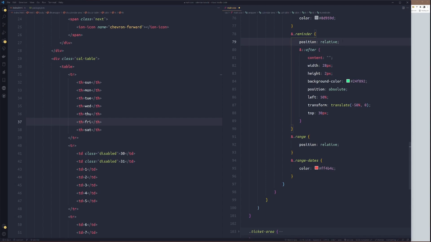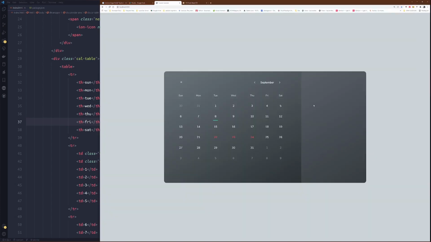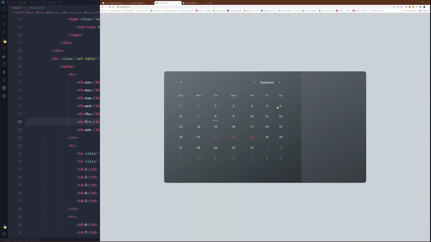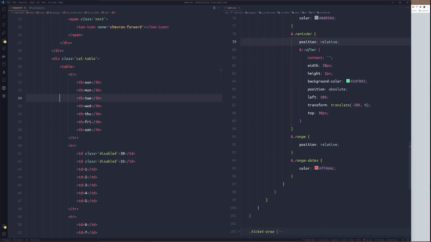Just imagine if I comment position relative out now. Make sure you put position relative. If not, sometimes it flies out. So anyhow, position relative.